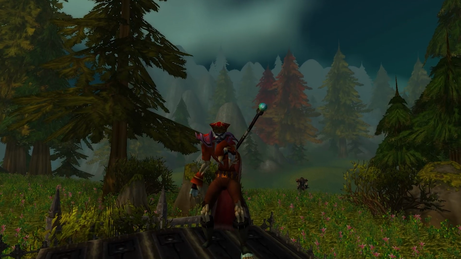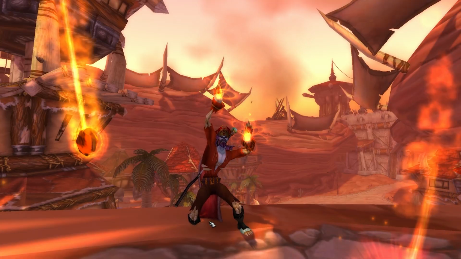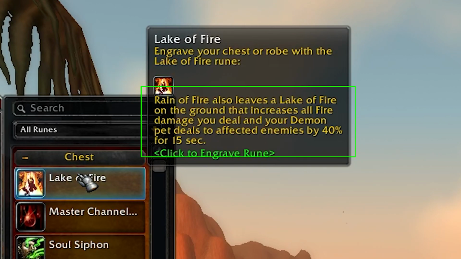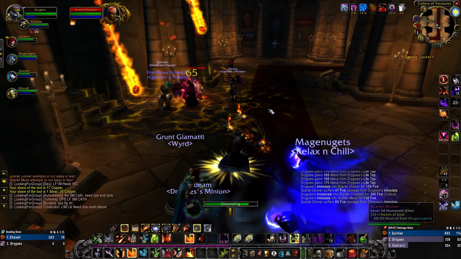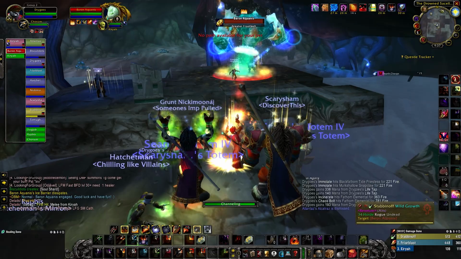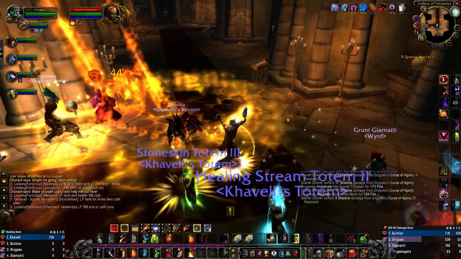That said, to run this build, for our chest, we're going to want to run Lake of Fire, which causes our Rain of Fire to leave an area of effect on the ground, debuffing the targets that walk through it, increasing both our fire damage for us and our pet by 40% for 15 seconds, which is absolutely insane. We need to keep this debuff up as much as possible on the targets,